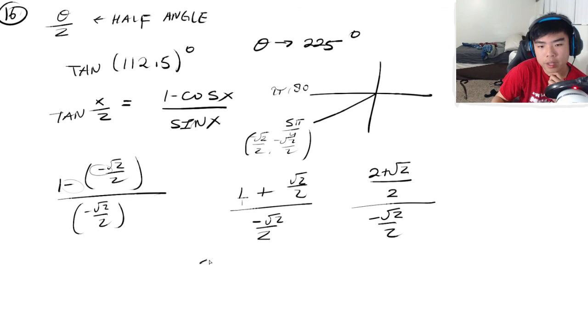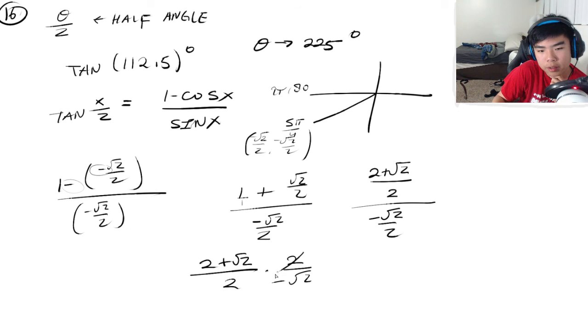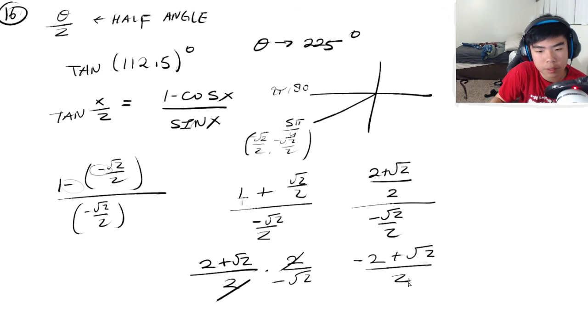Then that would be that times 2 divided by negative rad 2. So it'll still be a negative, right? Because you're just multiplying. So I'm just going to put a negative there. Then it all actually cancels out. So you're going to end up having